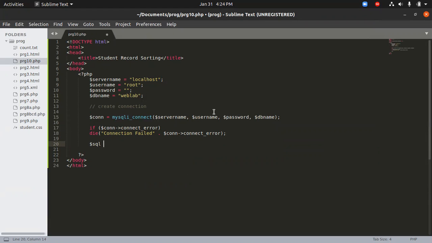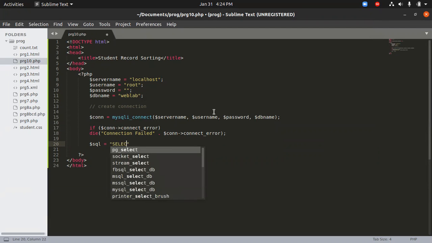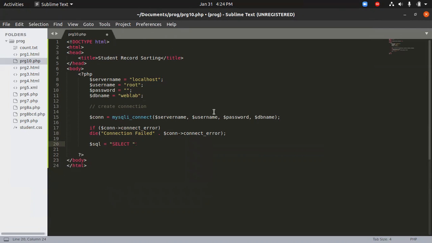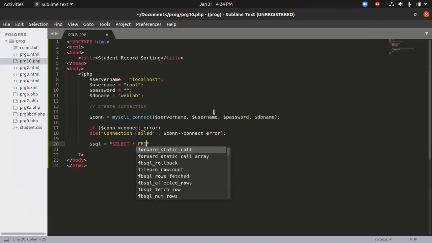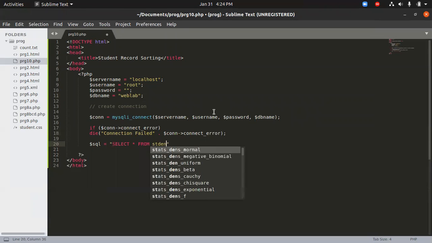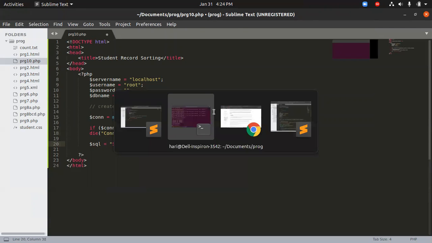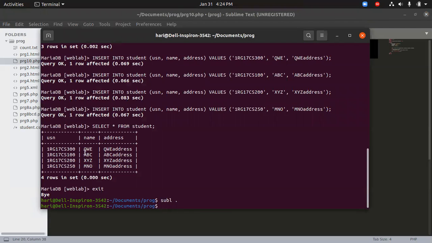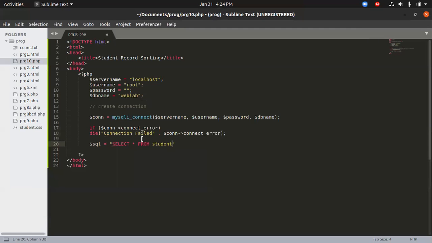So we are going to create a variable called SQL, which will be doing the SQL query. So I'm going to write the query now. Select star from students. So I already did it there. If you had observed here, I already did that to get all the output, all the table output. That's what we are going to do here as well. But we are going to use the value and rearrange them.